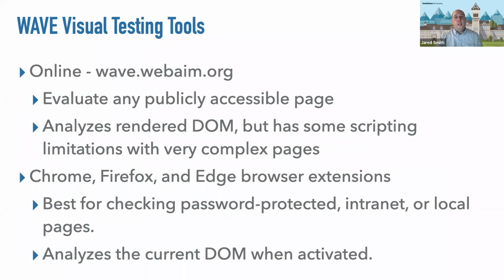So when I say Wave is really a suite of accessibility tools, there are several different types or versions of Wave. The primary ones are our visual type of testing tools. We have an online version at wave.webaim.org. You can go to the website, punch in a website address, hit a button, and it will evaluate any publicly accessible web page. That online version